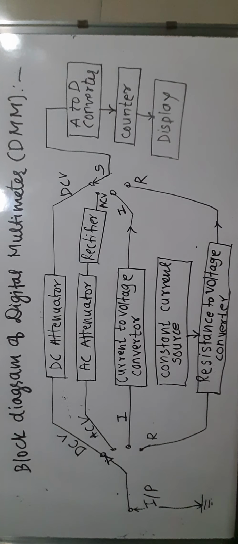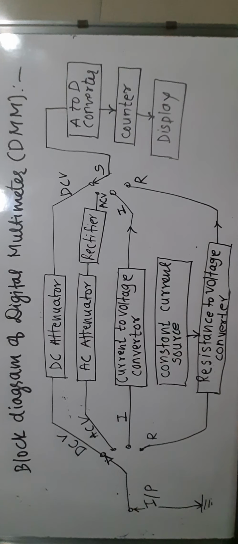Now we will see the last topic from the chapter instrument, which is digital multimeter. All of you must have seen the yellow color digital multimeter in electronics and physics laboratory. The digital multimeter shows digital representation of resistance, voltage and current. Voltage will be either AC or DC, and it will show the value of resistance, and it also shows the current in digital form. So this is use of digital multimeter.